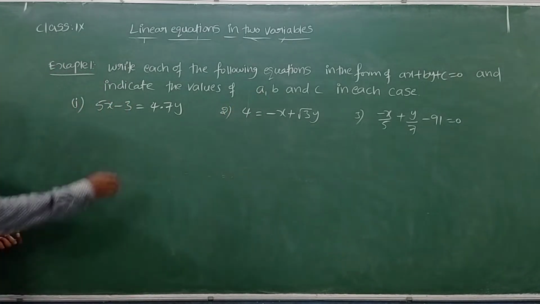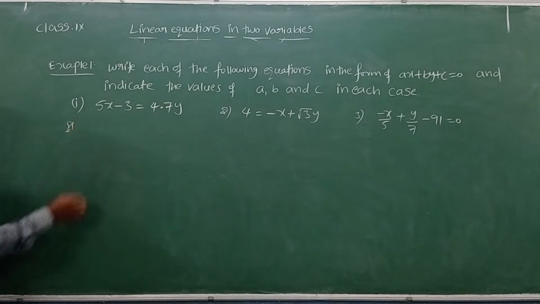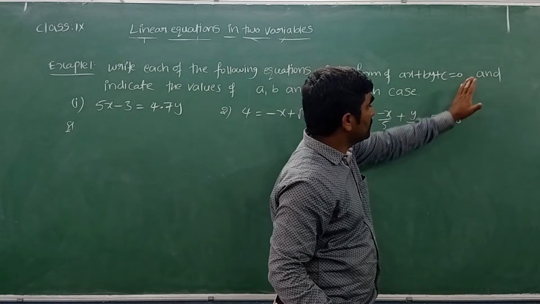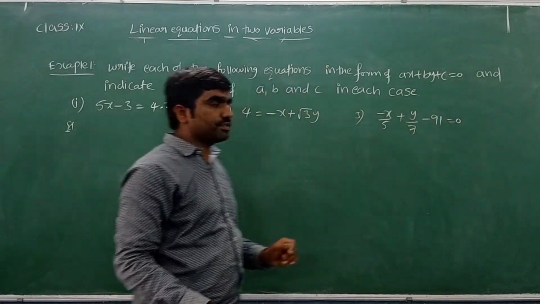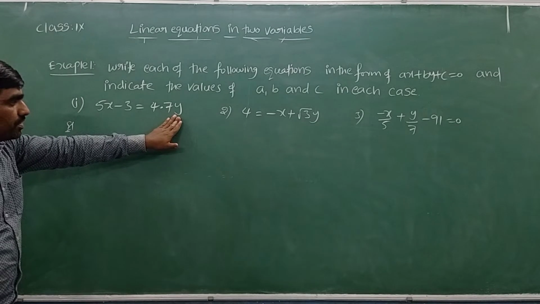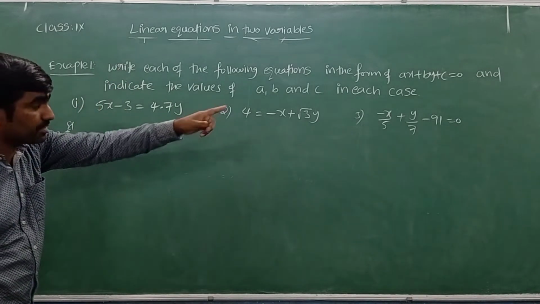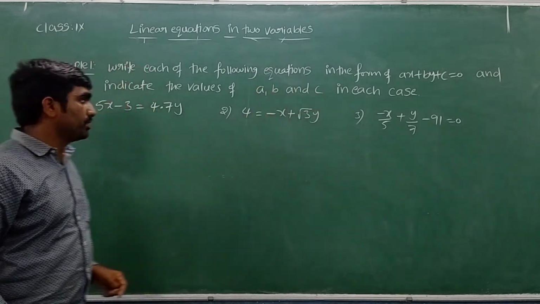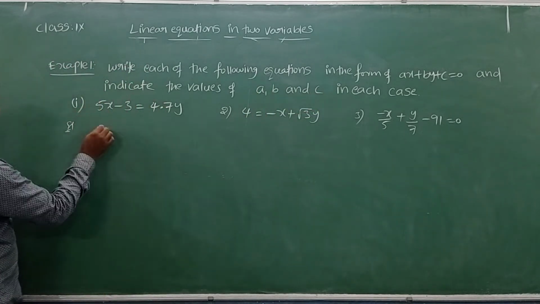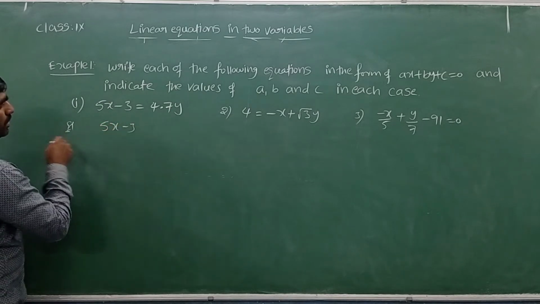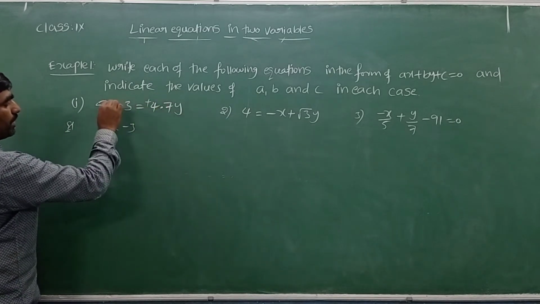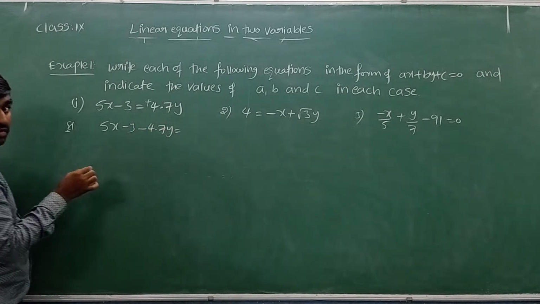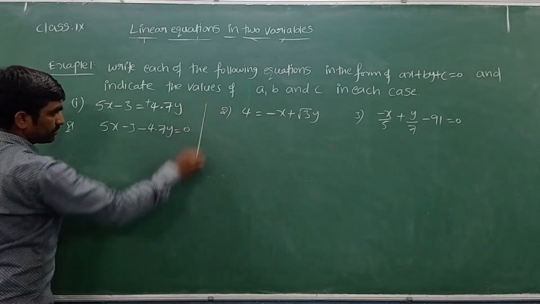Let's simplify this. We'll do one thing. See, the right side we have is equal to 0. So whatever terms are there on the right side, set them all on the LHS. On the right side I can see 4.75. Transfer this to the LHS. The reason is I want to make the general form of a linear equation in two variables. So 5x minus 3 plus 4.75. If I transpose to the LHS, minus 4.75 is equal to what is left? 1 or 0? 0, not 1.